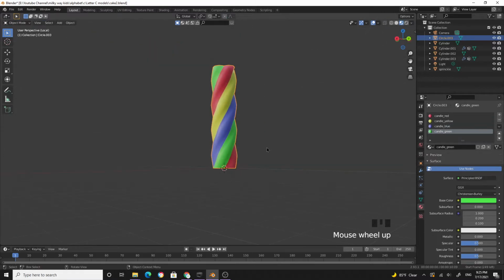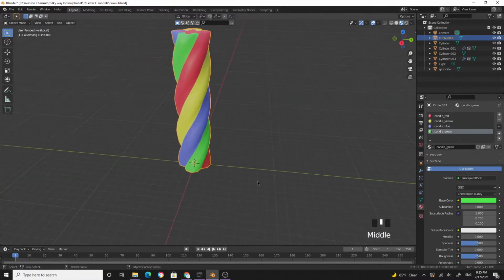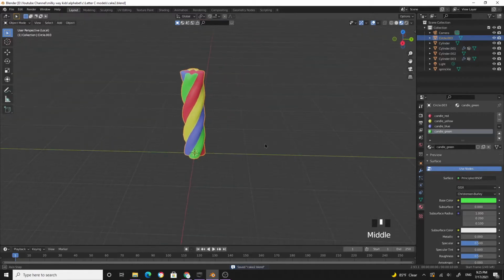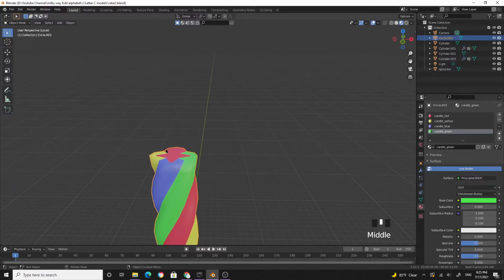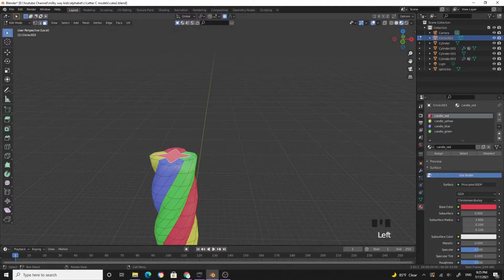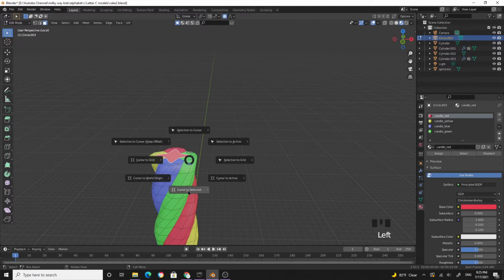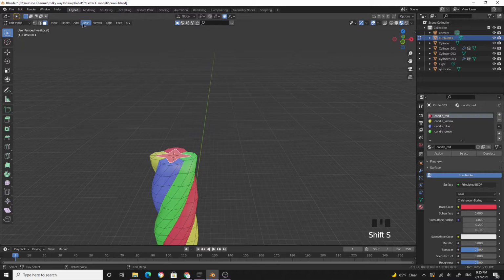Alright, so the base of the candle is made now. Okay, now what I want to do here is add a flame. Let's go to edit mode, select this face, Shift S, cursor to selected,